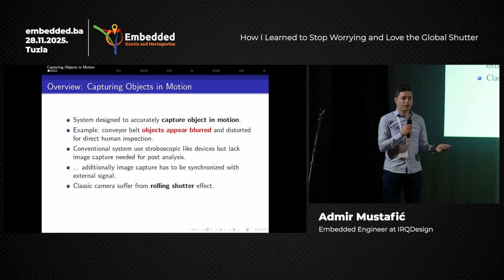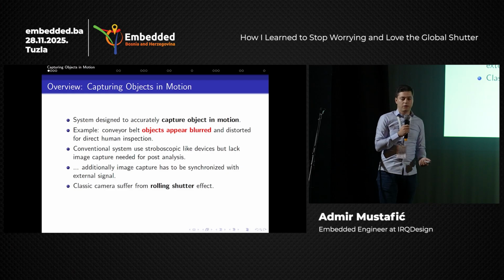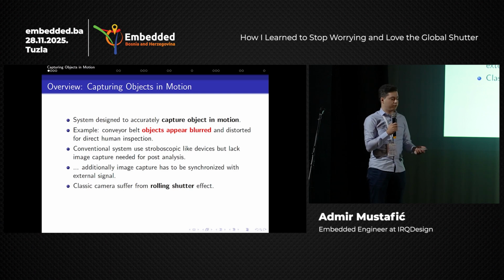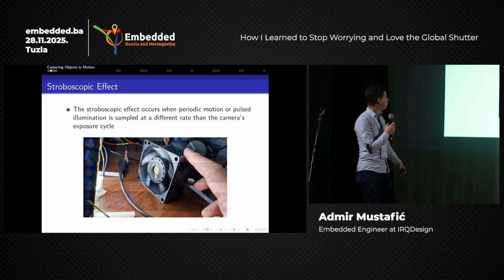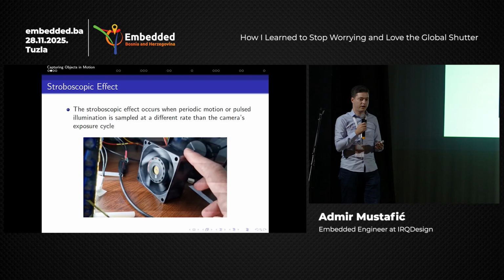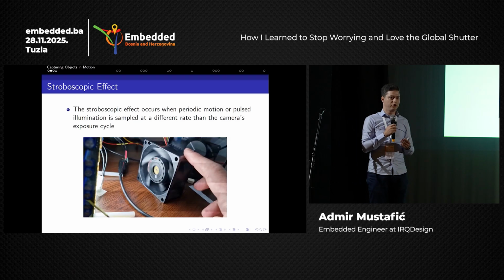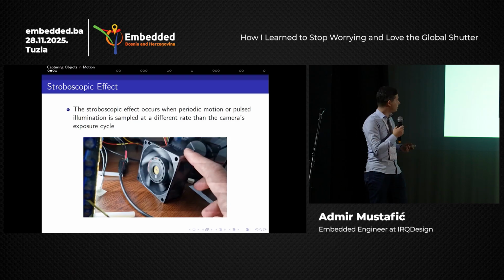Also, we have another issue along with the stroboscopic effect. We have the rolling shutter effect, which most classic cameras suffer from. First we have the stroboscopic effect, which occurs when we have a periodic motion of some object that is illuminated by also periodic light pulses. Usually pulse width modulation is used, when the frequency of these light pulses is not matched to the frequency of the motion